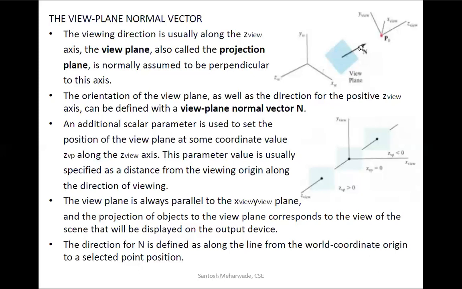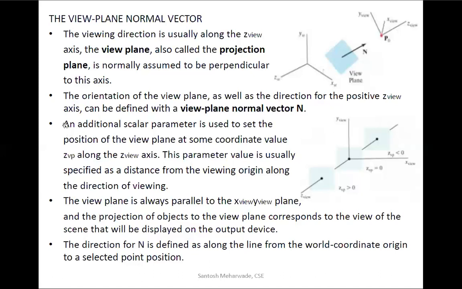So with the help of that normal vector, we are going to orient this particular view plane in any direction. It may be in the x direction, the z direction or the y direction. It is just orientation. Here lots of imagination is required. Unfortunately, in online classes it is very difficult to create that imagination. That is a drawback for me, to explain in this way.